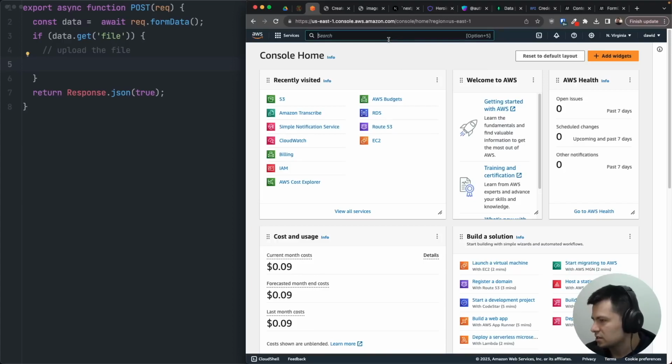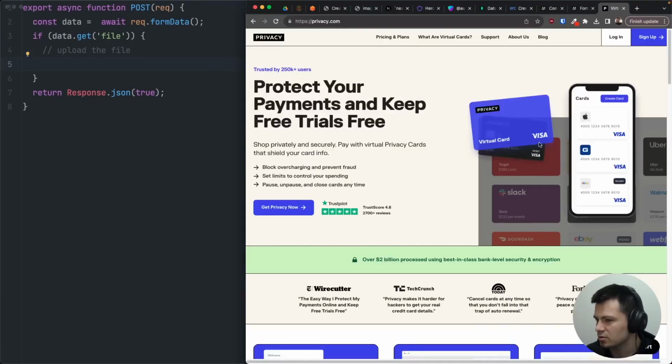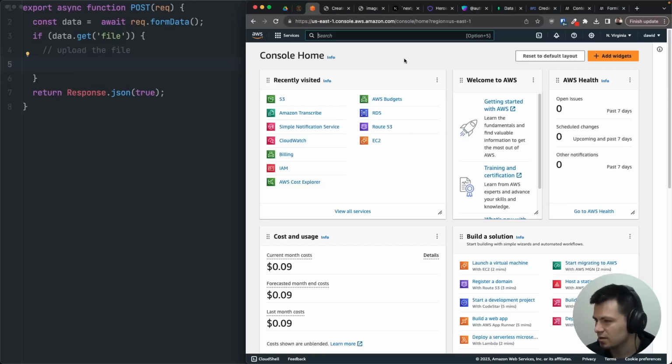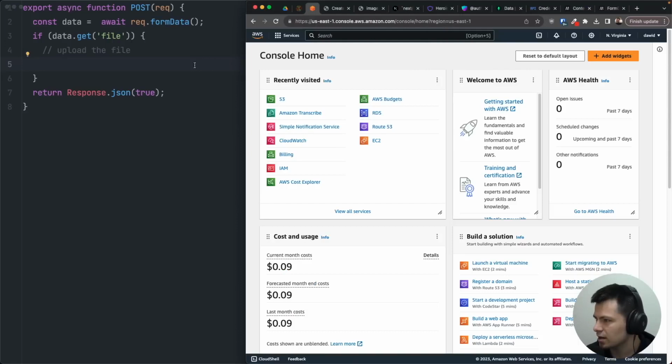And just so you know, in case you don't have a credit card or something like this, there's a nice website called privacy.com, and you can generate prepaid credit cards. You can send them like $1 or something like this, and they will generate you a credit card with $1. I'm not sponsored by them. I'm just saying in case some of you don't have any credit card. Maybe it will also work with a debit card, I don't know. But if you guys have a problem with it, I've read good things about that website,